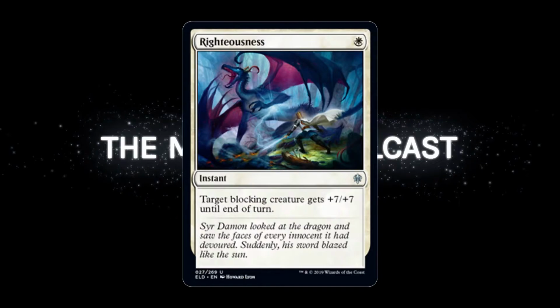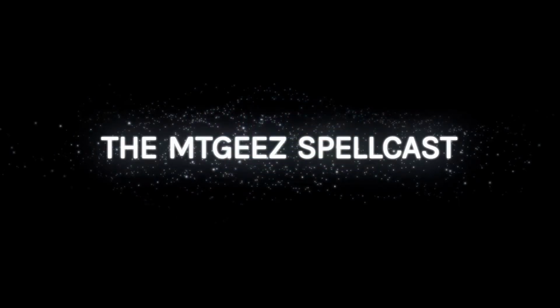I'll say this too: Righteousness could be cool in multiplayer as a political tool. Like, hey, I can help your creature survive, but can you help me out later? Politics. For a single white mana, and be like, oh yeah, your creature lives, yours dies. Yeah. You got rid of a threat, and you made a friend. Yeah, so, you're right. Pillow fight. Commander. Pillow fight's going to...